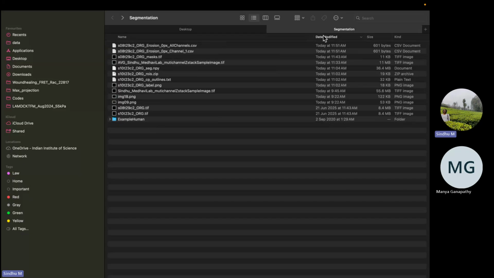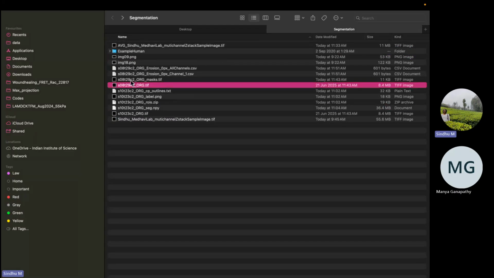But where is it? S8 mask. And this is the raw image. Okay, yeah. So now,